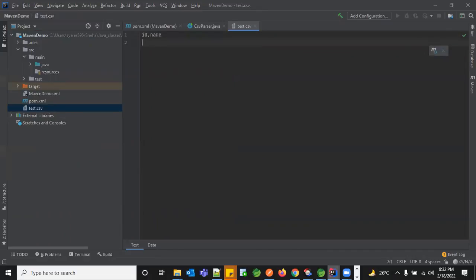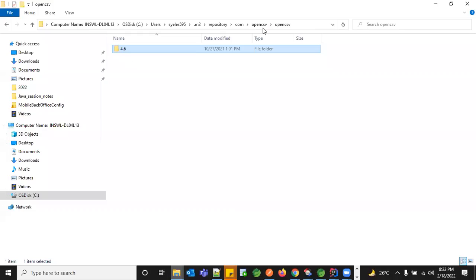And here we have, say, 101, comma, Java. I'm just having a normal thing. Now let's go into our external libraries. It's not showing up under external.